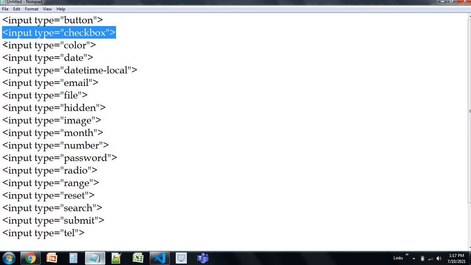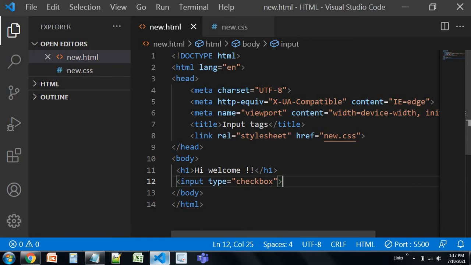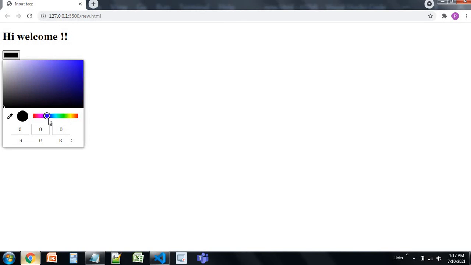The next tag is color. Now what this color tag does is that you can select the color. I'll just show you this tag. Yeah, you can see that this tag is over here. You can select the color. Suppose I'm keeping it blue, then you can see blue, red, I can keep anything, and these are the RGB values, meaning red, green, blue. Then HSL is there, then HEX is also there. HEX needs to be defined with a hashtag and the number code. So this is the color tag.